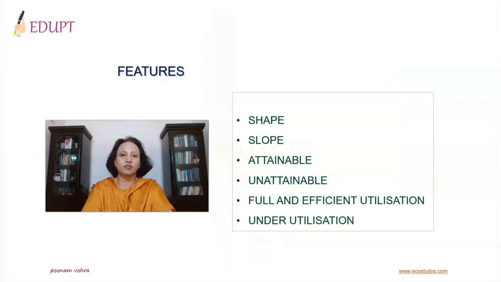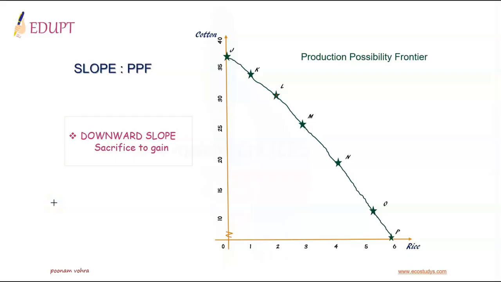The features of production possibility frontier include the explanation of slope of production possibility frontier, its shape, points which are attainable, points that are unattainable, points that explain full and efficient utilization of resources, and points that explain underutilization of resources. We have already understood the construction of production possibility frontier in the previous session, and it has been observed